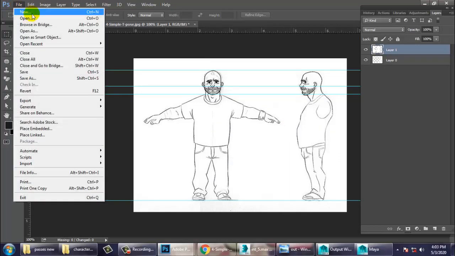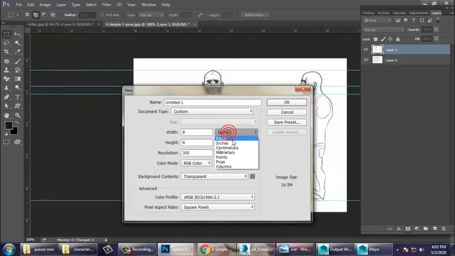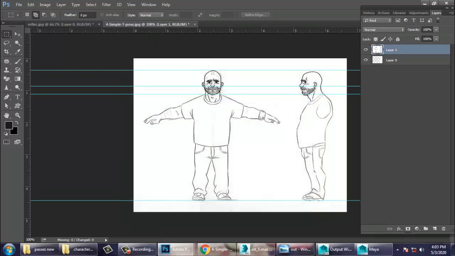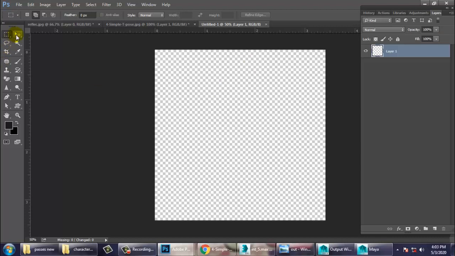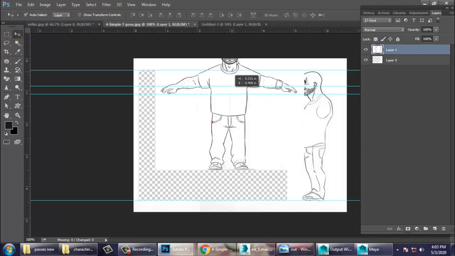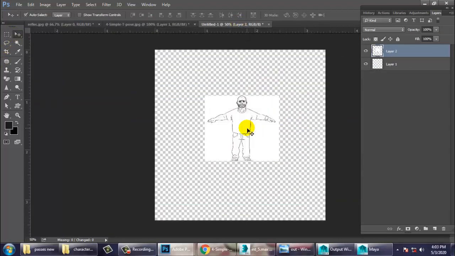Go into file, take a new file, go into pixels, 1024 by 1024 pixels over here, take a new page over here, take this character and just drag it over here.